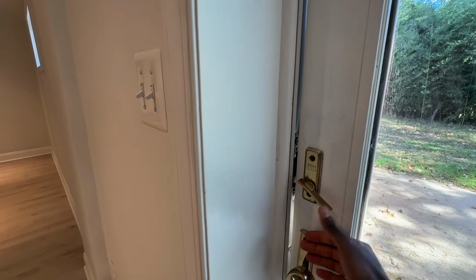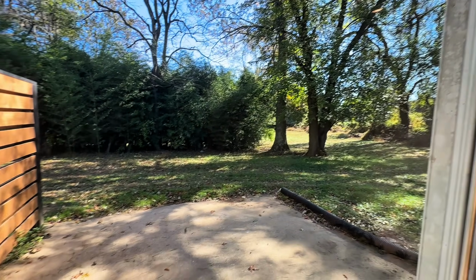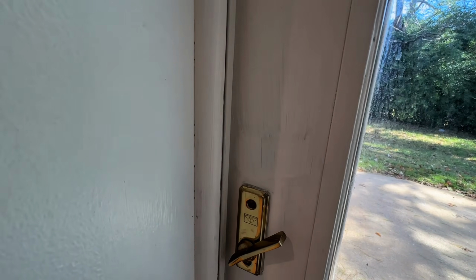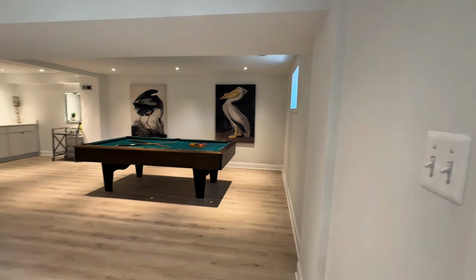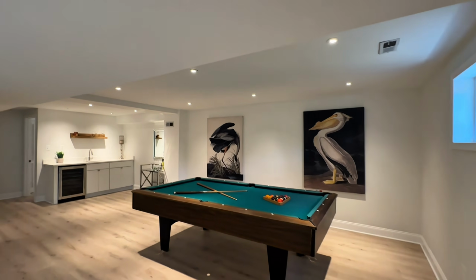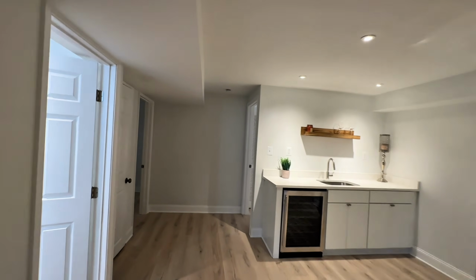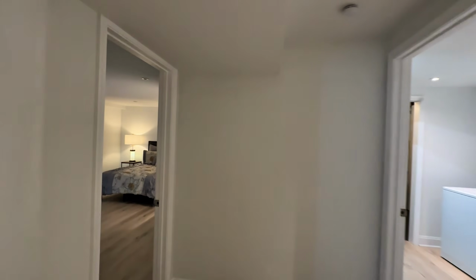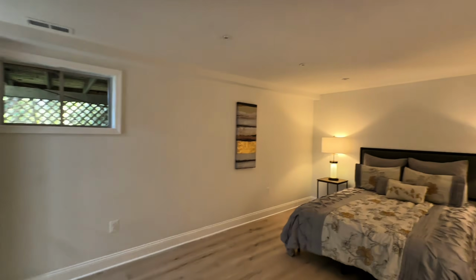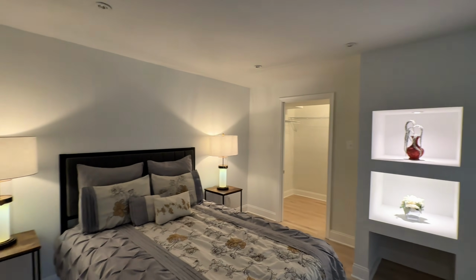And then we've got another door right here that takes us out to the yard, which we've already seen, so not gonna go out there. But yeah, I like this basement. We're not done yet. We've got a full bathroom in this bedroom also. The bathroom is right there, so this is our basement bedroom, which